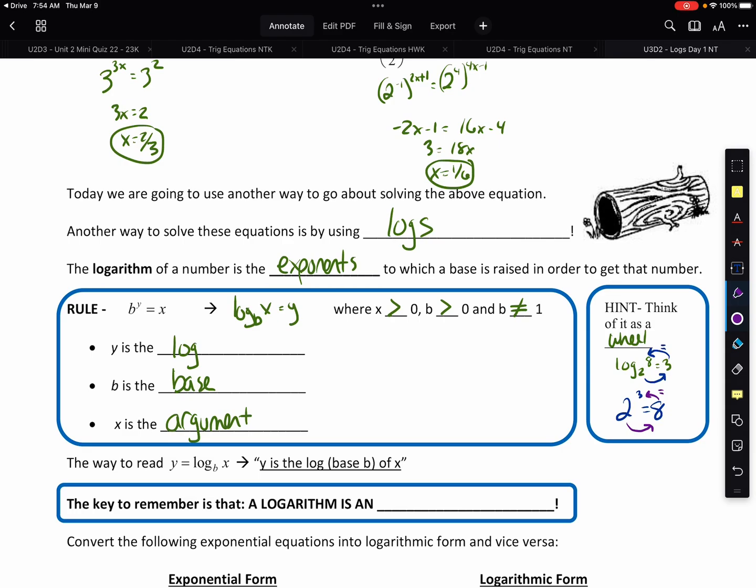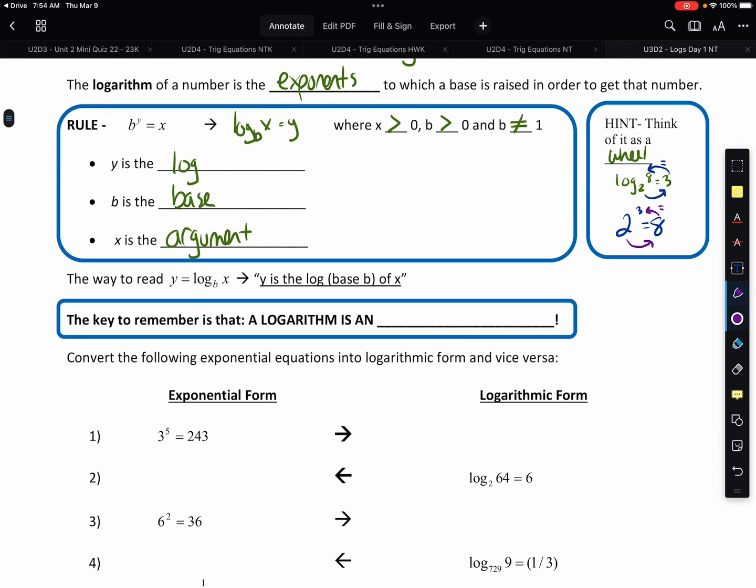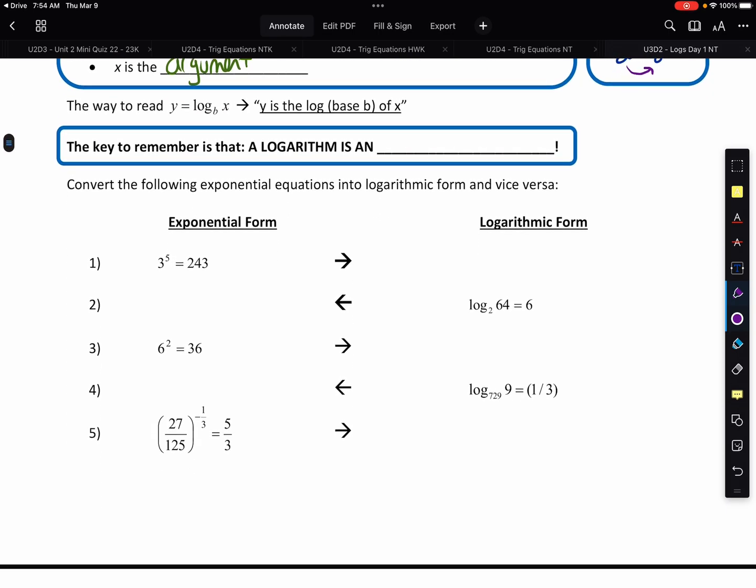Another option about remembering how to convert, if you just know that log base 2 of 8 equals 3 and 2 to the 3rd equals 8, you can always go back to that and relate to it. So, just the converting idea. So if I use that wheel idea,